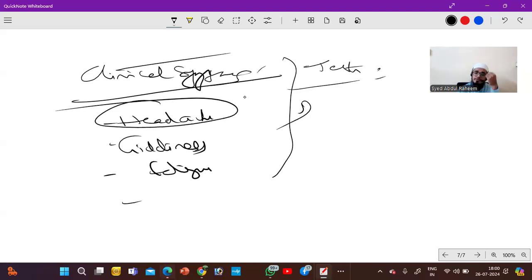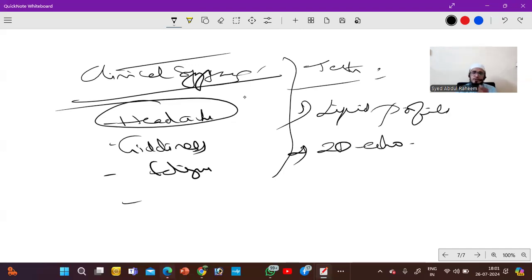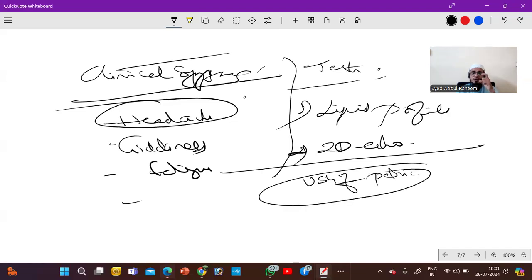First, if there is direct involvement of cardiovascular disease, you need to see the cholesterol level. You have to do a lipid profile of the patient. Secondly, you may need an echo to see the size of the aorta. If there is involvement of the endocrine system, you need to see the corticosteroid levels or how the adrenal gland is functioning. Sometimes you need ultrasonography of the pelvic region to see the size of the adrenal gland and kidney, etc.